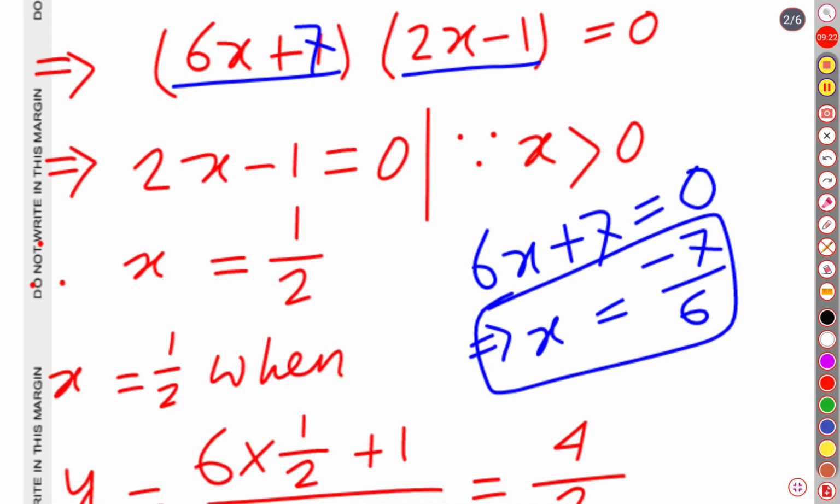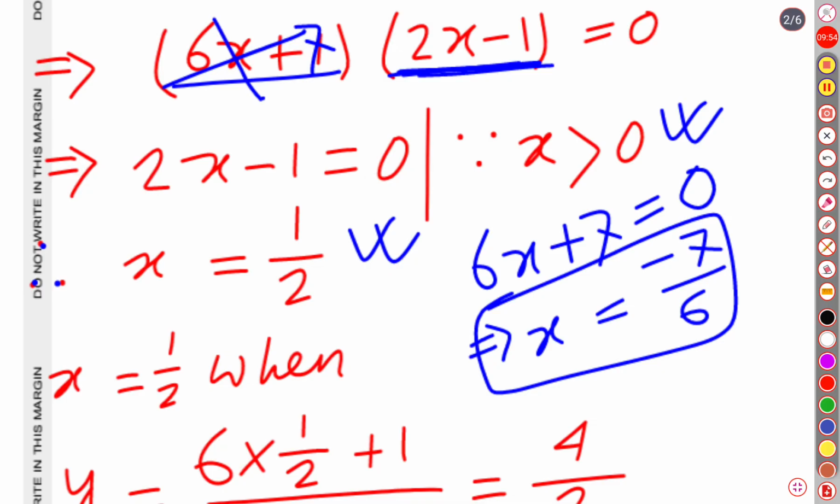So as we cannot accept this factor, this is the factor to be accepted. Here, as explanation, I have written x is greater than 0, because we are searching for a coordinate which is lying on the right side, greater than 0. So 2x minus 1, this is the factor we have taken. From this factor, x is equal to half. We have got that our x coordinate is half. Okay. Now we will see,